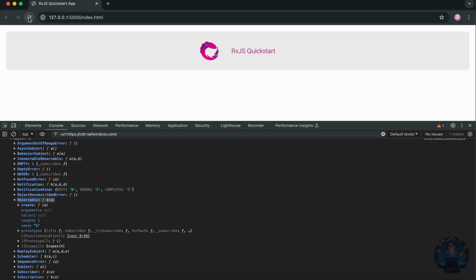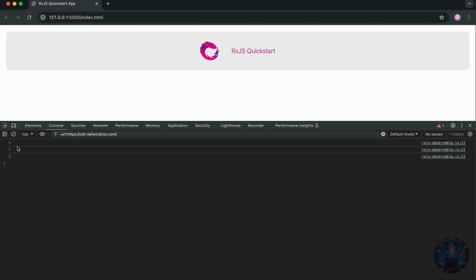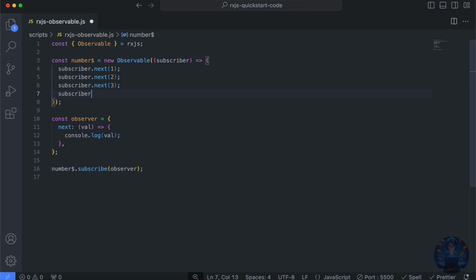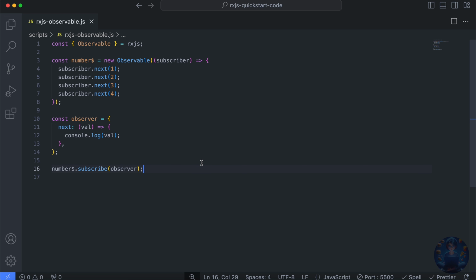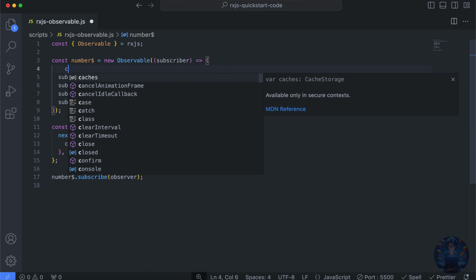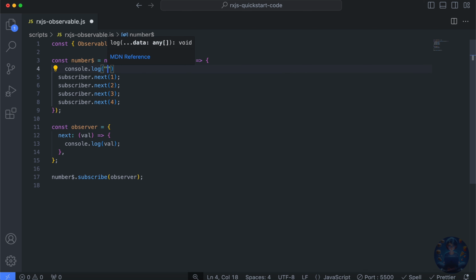We'll do a refresh here. You can see all the emitted values are logged here. If I go and add another value to be emitted, let's call it as 4, save and go to the browser, you can see the other value is also dumped here. Couple of things to note here. First, the subscriber function that we passed to our observable here, it will only be executed when the subscription mechanism exists. Yeah. For example, what I'll do is here, add a console log statement.